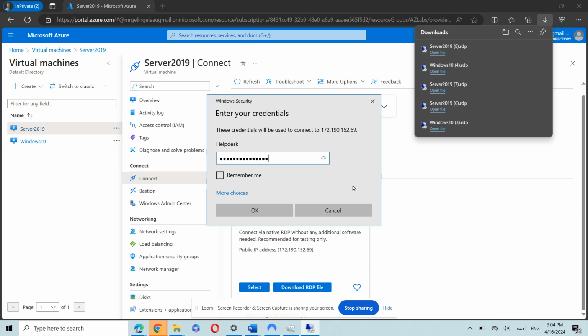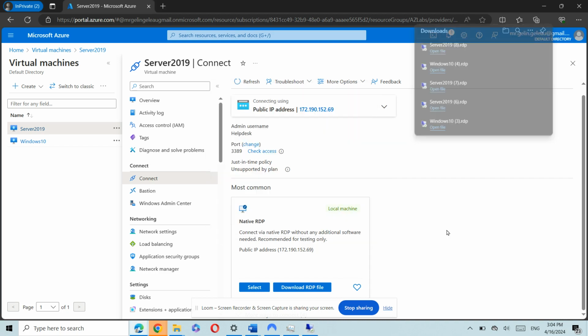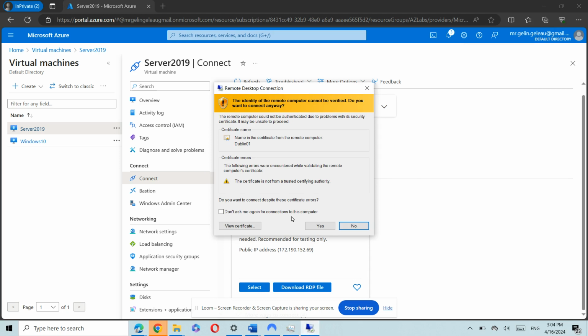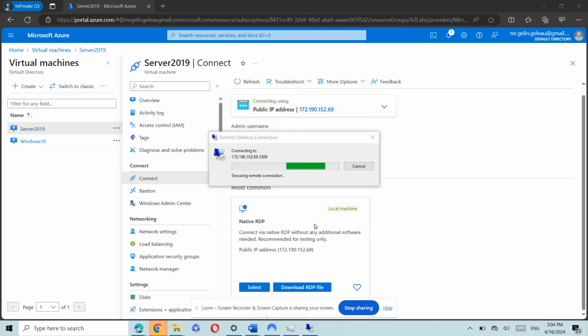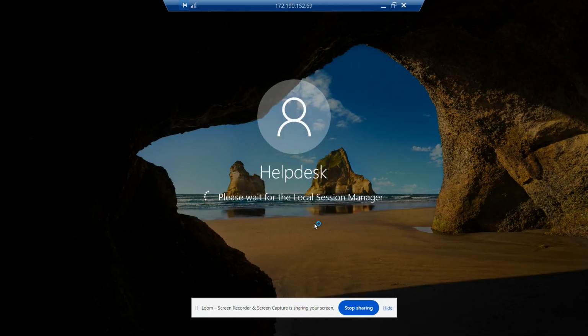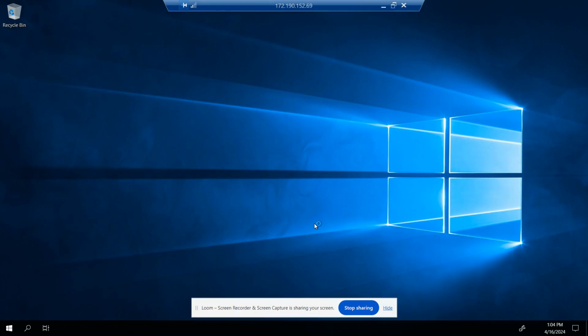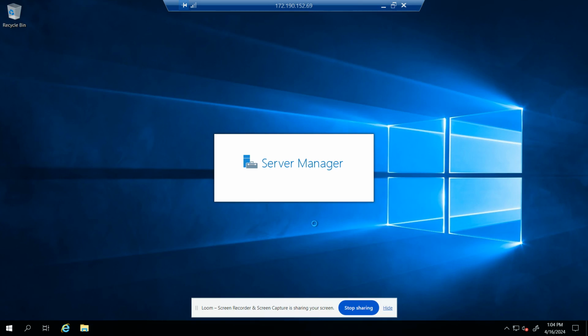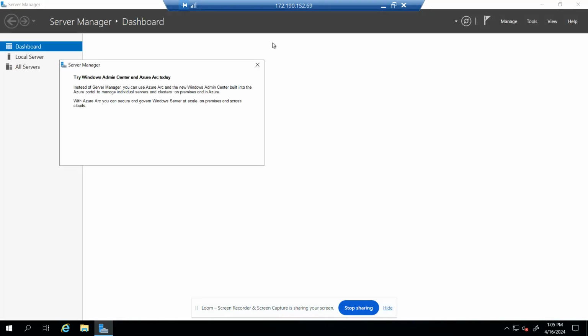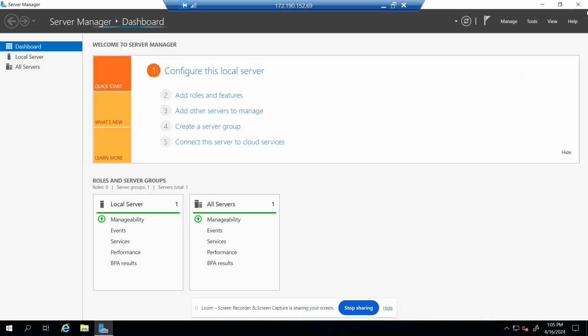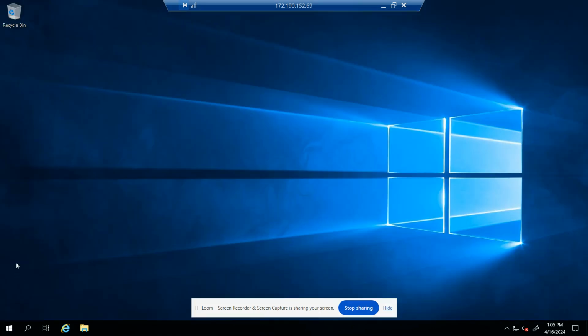We'll enter our long password and we click yes again. And let's see what happens. Okay, looks like we're logging in. Perfect. Let's go in. Nice. Okay, we're in. Perfect. And to our Server Manager, we can close this. We don't need that. So let's go check to see if the name has been